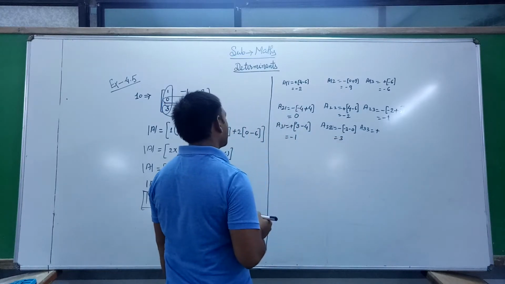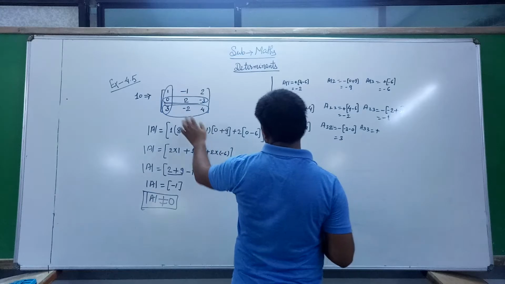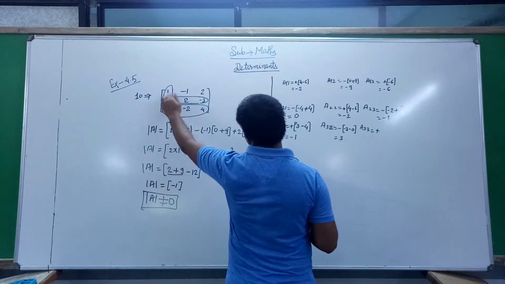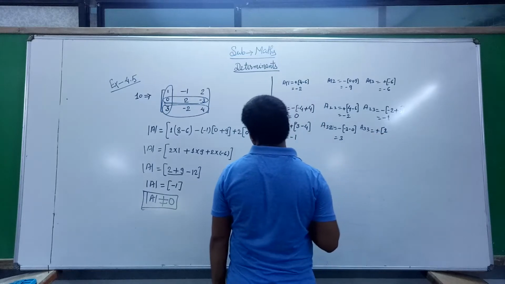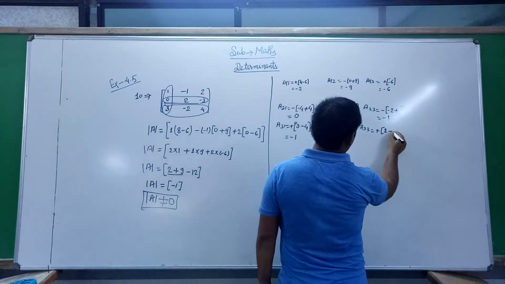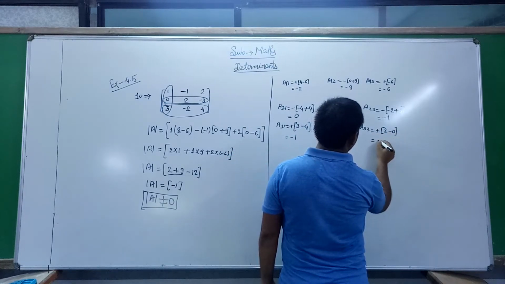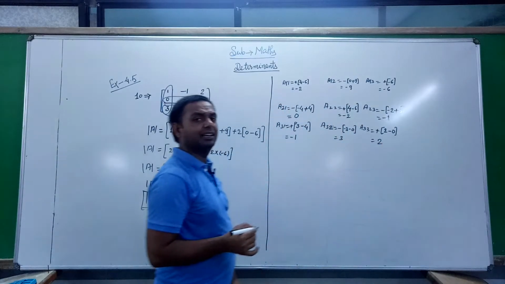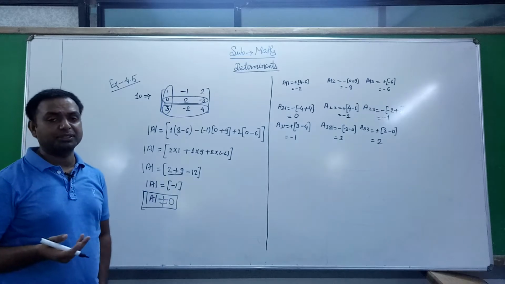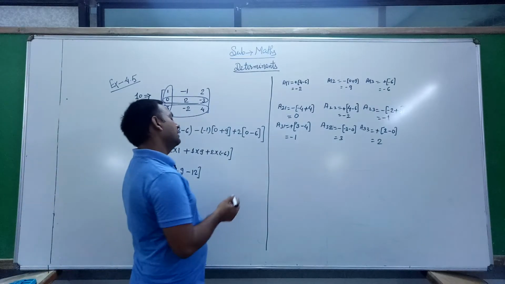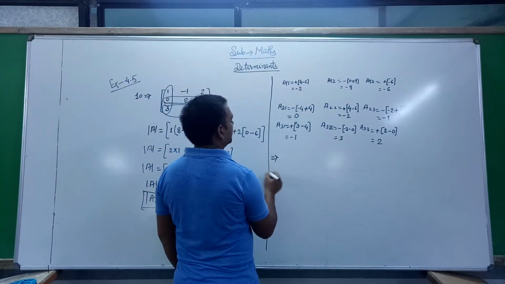Then after that, for A33, you remove the third row and third column, so 1 into 2 is 2, and 0 into minus 1 is 0, so that is equal to 2. So here you see that we find A11, A12, A13 and this. After that you take the cofactor